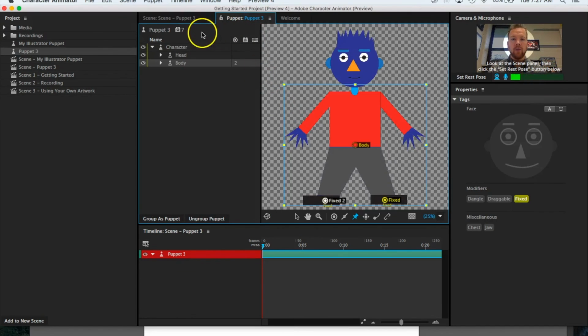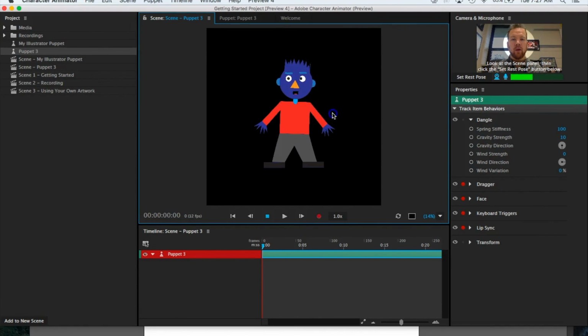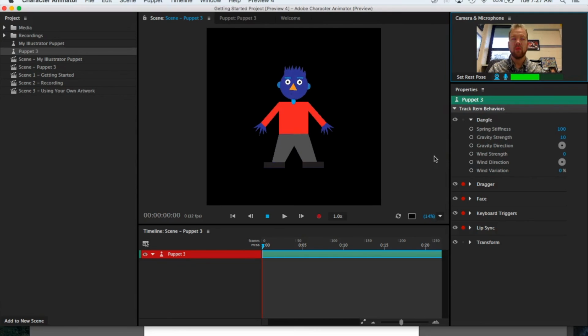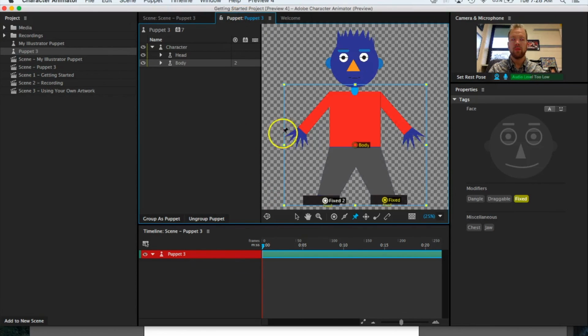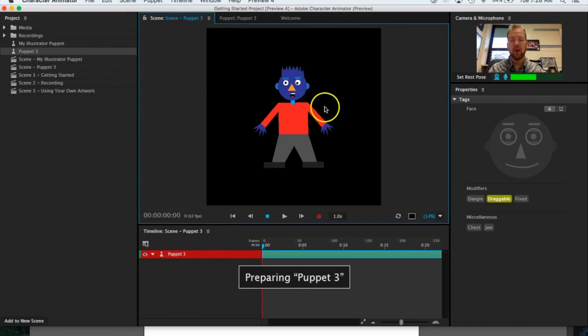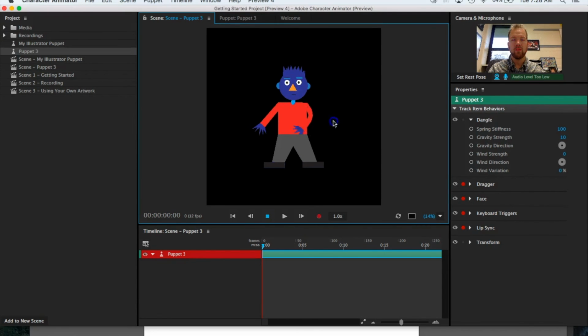Okay, so now it doesn't necessarily work where we can move his arms. When I wave, his arms don't follow. The only thing that's happening is it's tracking my face, and if I set the rest pose, it should follow along with my face pretty well and my eyes and such, but the hands don't necessarily work. So to fix that again, with the body still selected, this time I'm going to come over here to the dragger tool, which looks kind of like 4 arrows around a circle, and I'm going to put a dragger point on each of his hands. All right. Now let's just take a quick look at what happens when we do that. So when I do that, I can move his hand around and I can wave, but his arm is very